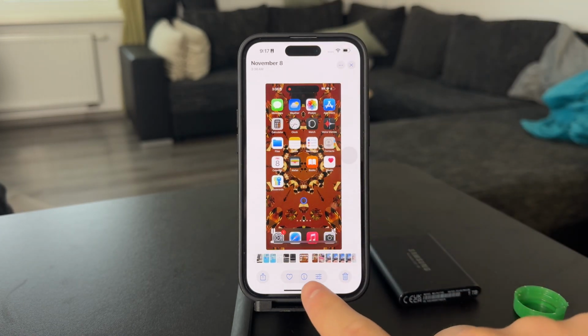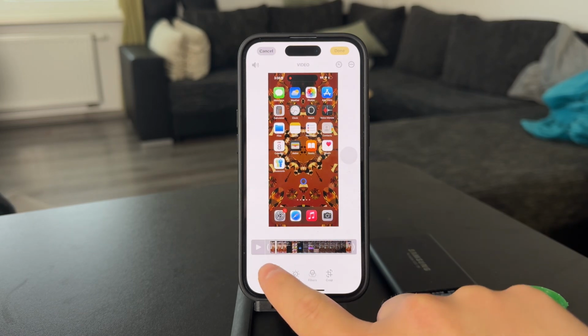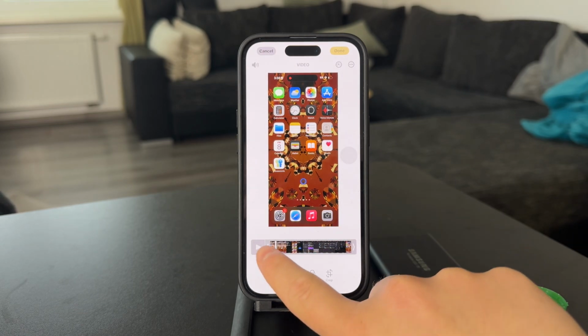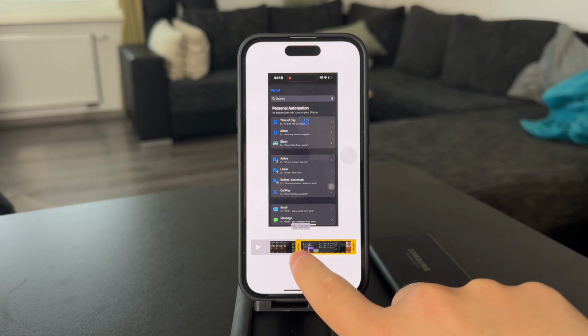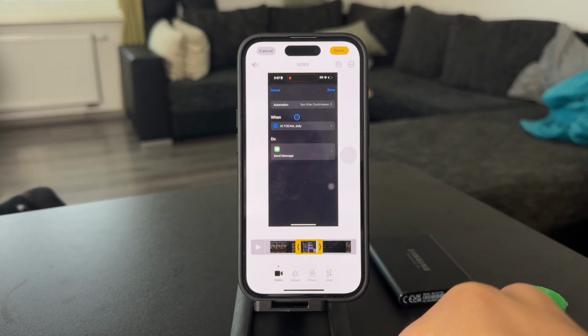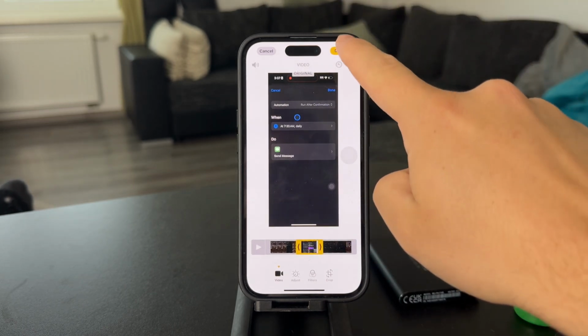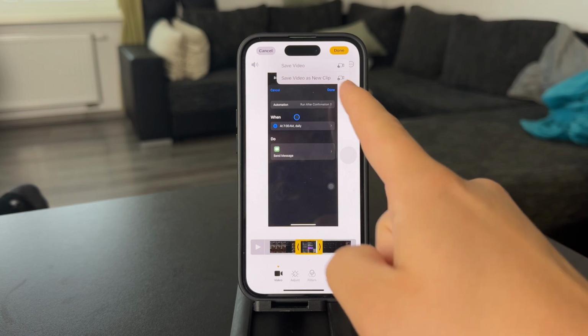Okay, so what you gotta do is click on this edit button at the bottom and essentially just grab this slider in here and choose the selected part which you want to extract from the video. So once you're happy with this, essentially you're gonna hit done, but in here you gotta pay attention to not